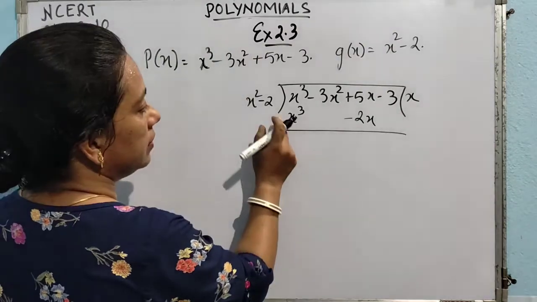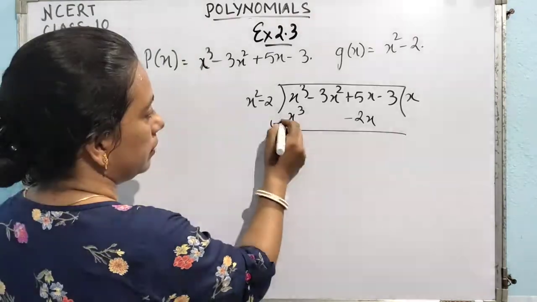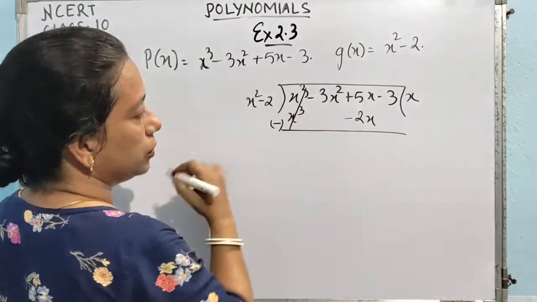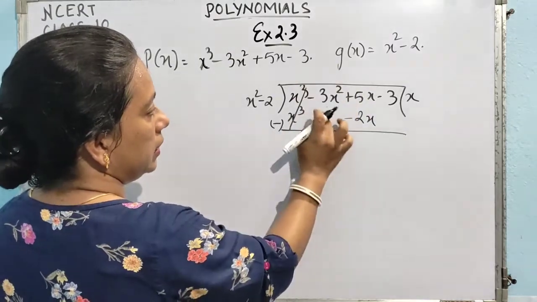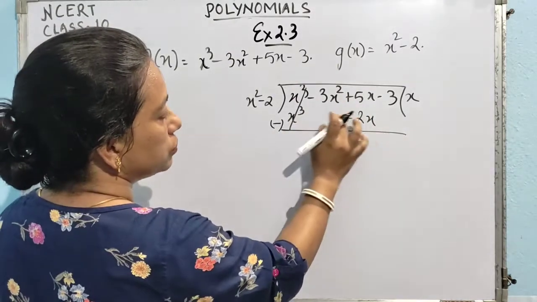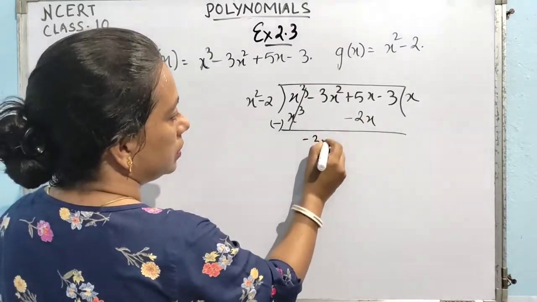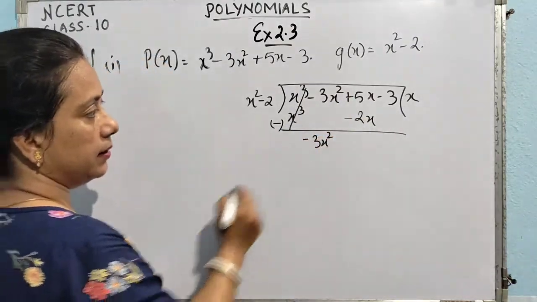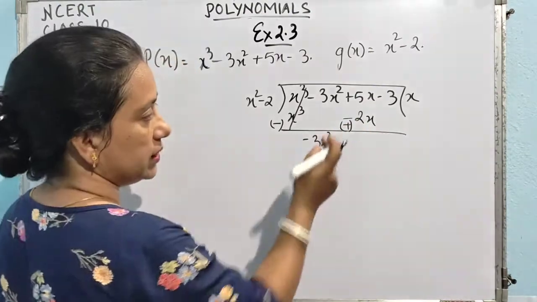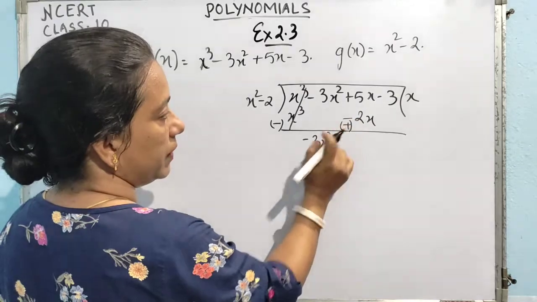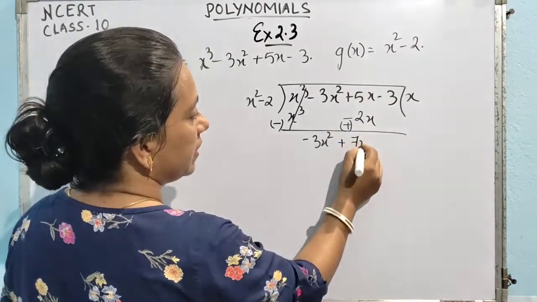Now whatever sign was there, the opposite sign will be coming here. It is plus, so here minus. So x cube minus x cube cancelled. Now see, it is in the upper part. You have to change the sign of those terms which are lying below. So since it is lying above, it will not change its sign. Now here again, we have to go for the opposite sign. If it is minus, we will be having plus. So plus 5x plus 2x gives you plus 7x.